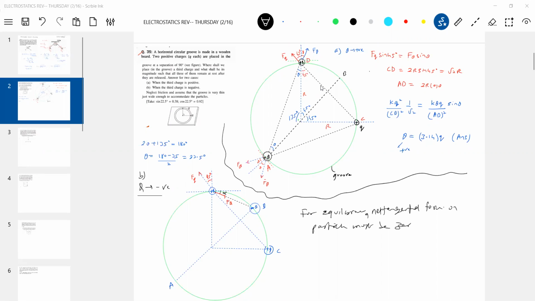How come it will be 135? I don't know. Look at the calculation. Somebody's telling 135. That alpha is needed. So I'll equate again F Q sine 45 degree, F capital Q cos alpha. Remaining all things we know. The distance has to be calculated. So call this O. This is D, no?